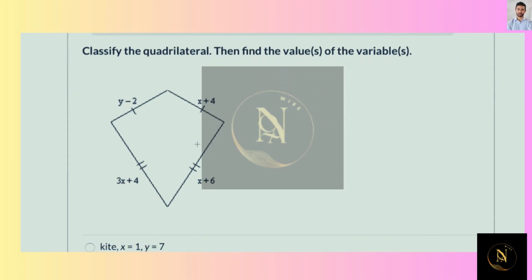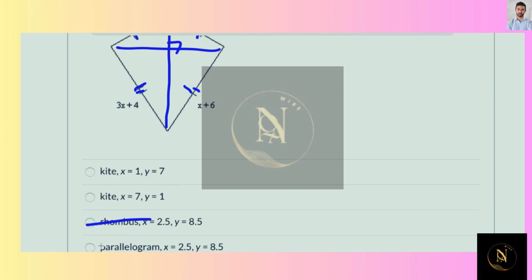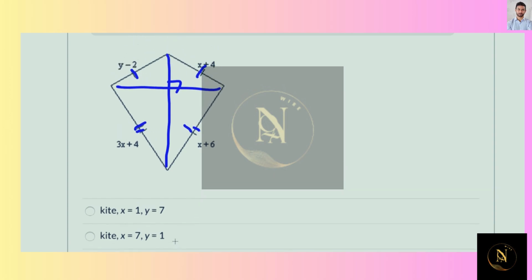When consecutive sides, sides that are next to each other, are congruent, like these two and these two are next to each other, this makes a kite. Okay, so it's not a rhombus or a parallelogram. It is a kite, and